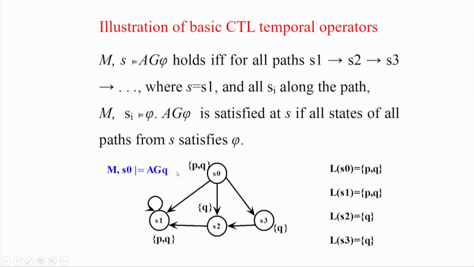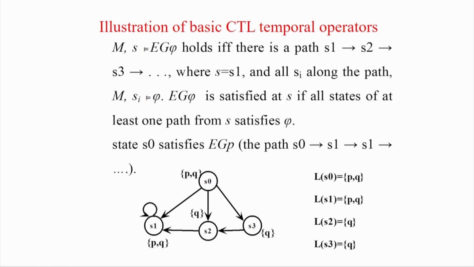So therefore from a state, it is not all paths globally: from here, whatever paths you take, in all the states in that path Q holds. Basically this is the mathematical definition, you can read it, but I am just giving you the literal meaning. Okay. So in this case they are having a formula called